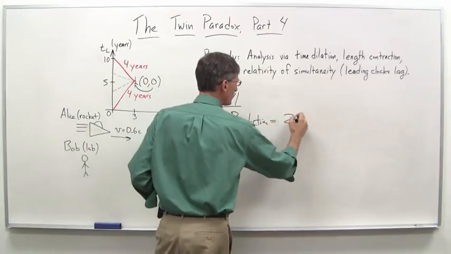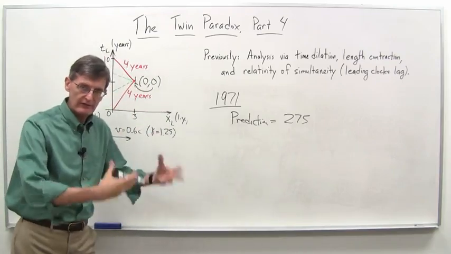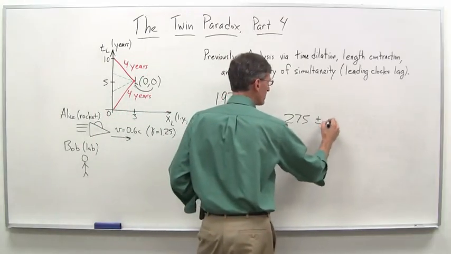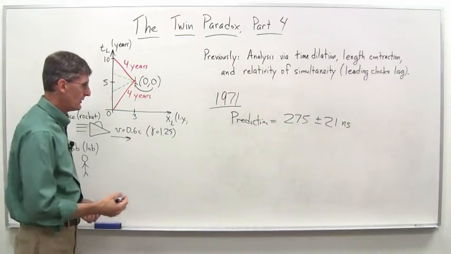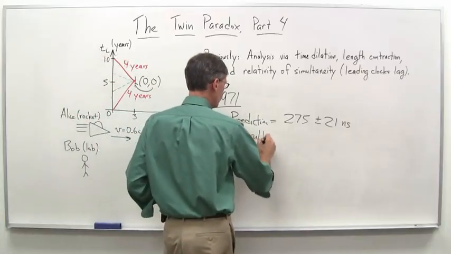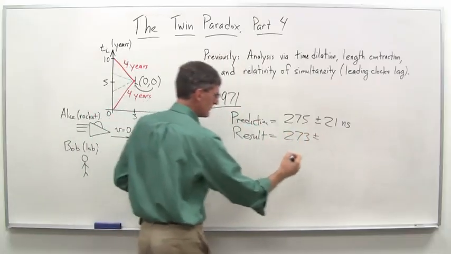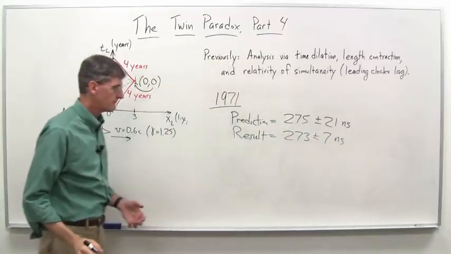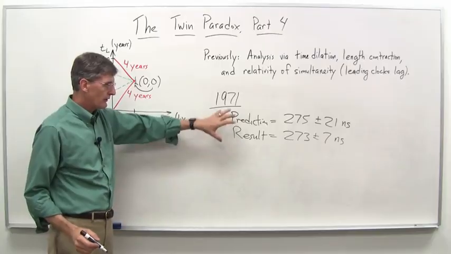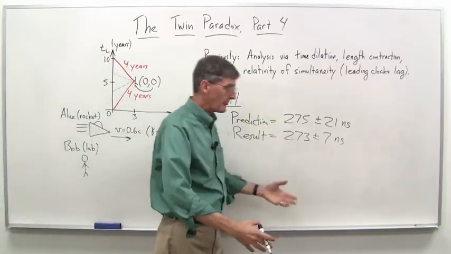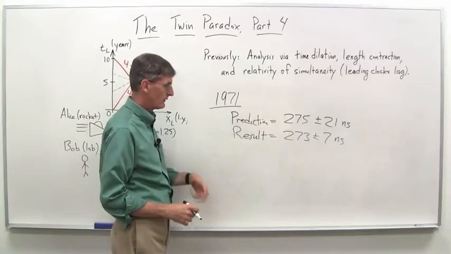of the difference between the clocks and the stationary clock, stationary in the sense they were still on the ground, was 275 plus or minus 21 nanoseconds. That was the prediction. The result was 273 plus or minus, I think it was about 7 nanoseconds, something like that. So pretty close. The eastbound result wasn't quite as good as that, but this was, they predicted the clocks that flew around would run more slowly than the clocks on the ground by this amount, and the experimental result was